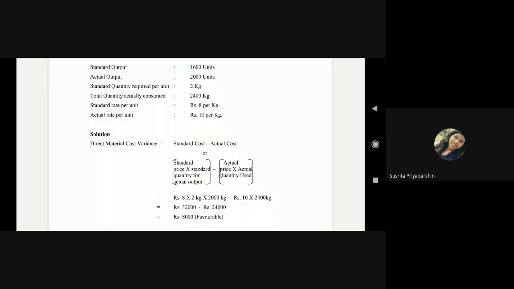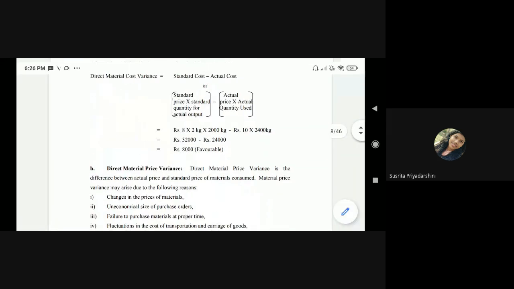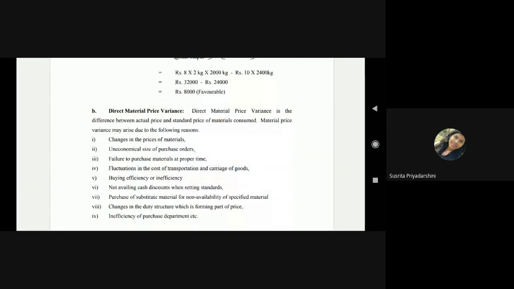तो इस हिसाब से तुम्हें निकालना है कि मटेरियल कॉस्ट वेरिएंस कैसे निकालते हैं। तो पहले हमें निकालना है कि स्टैंडर्ड मटेरियल कॉस्ट फॉर एक्चुअल आउटपुट माइनस एक्चुअल मटेरियल कॉस्ट। ओके, सो दिस इज द फॉर्मूला। नेक्स्ट, उसका डिवीजन है। सो मटेरियल कॉस्ट वेरिएंस का दो डिवीजन है। तो डायरेक्ट मटेरियल कॉस्ट वेरिएंस के अंदर दो डिवीजन कौन सा? तो डायरेक्ट मटेरियल प्राइस वेरिएंस एंड डायरेक्ट मटेरियल यूसेज या क्वांटिटी वेरिएंस।